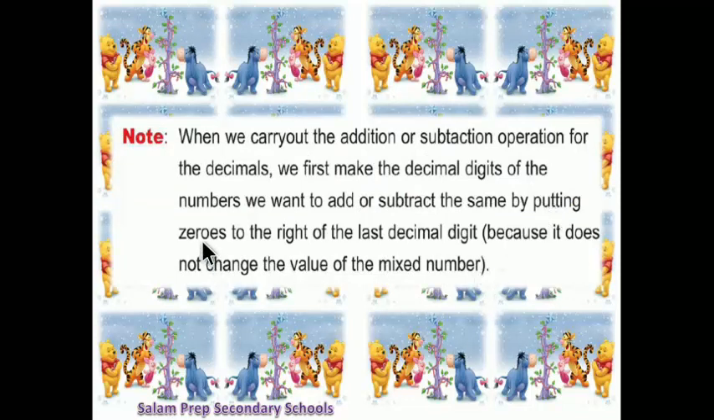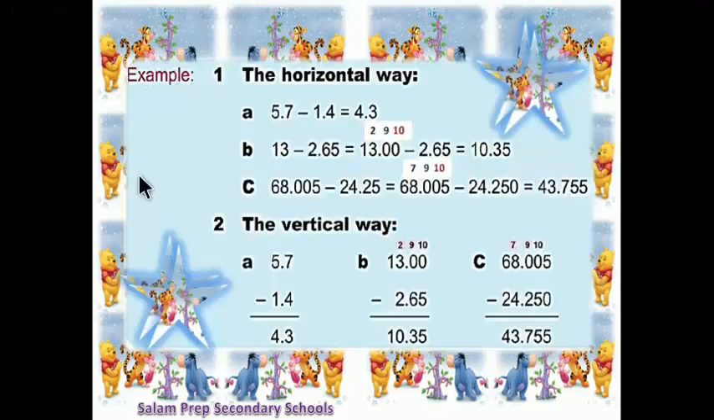Putting 0 to the right of the last decimal digit doesn't change the value of the mixed number. We can subtract in 2 ways, in horizontal way and vertical way. In horizontal way, we can subtract two numbers in horizontal way, like this, okay? The first example for you,